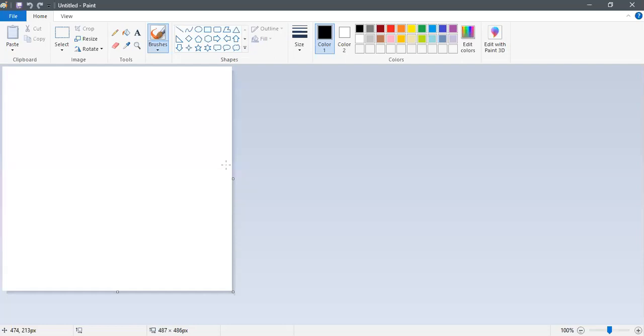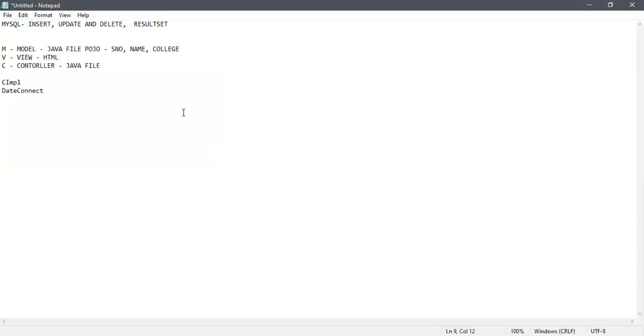So what is JDBC connectivity? Now we are going to learn about JDBC connectivity. Let me show you. We have so many examples in this, and I'm going to tell you each and every example. It is a pictorial representation, that's why I just took Paint over here. So what is the use of JDBC connectivity and what does it consist of?